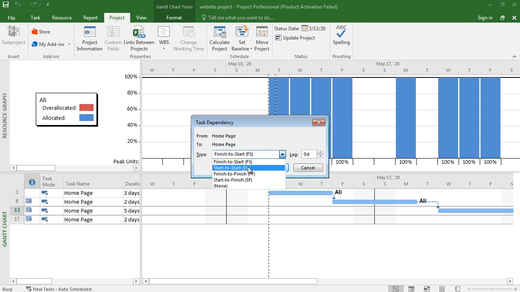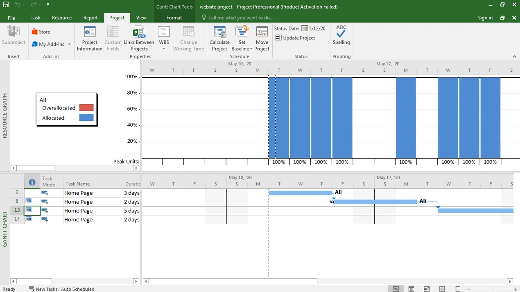You double click it, finish to start, this is 0 delay. And you go here and you can see start to start, finish to start, start to finish. You can change this. And lag, is there any distance between the two tasks.